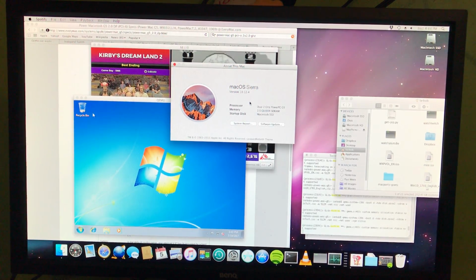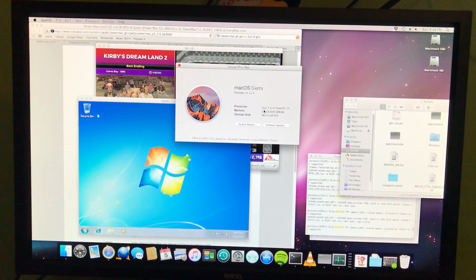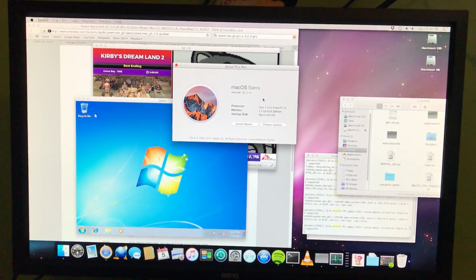Hey guys, so this week I've been doing the Power PC Challenge, and you can see it's July 5th, so I've been doing it since the 1st. I know it says Sierra here, but you can see it says dual 2 gigahertz Power PC G5. I've got 2.5 gigabytes of DDR RAM,